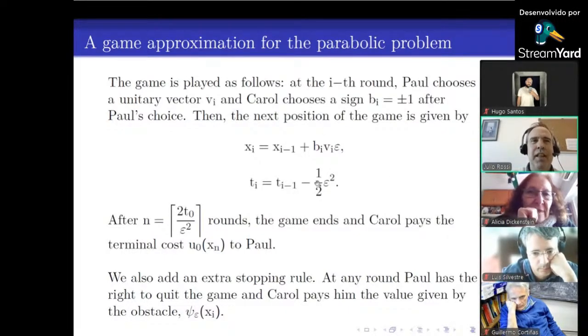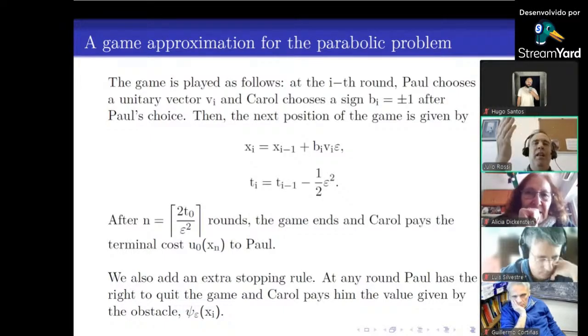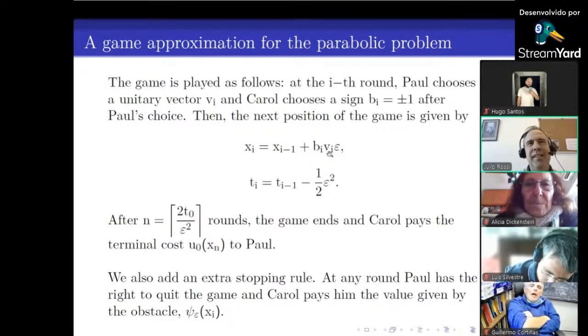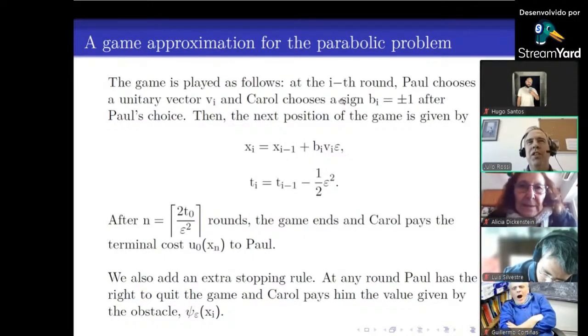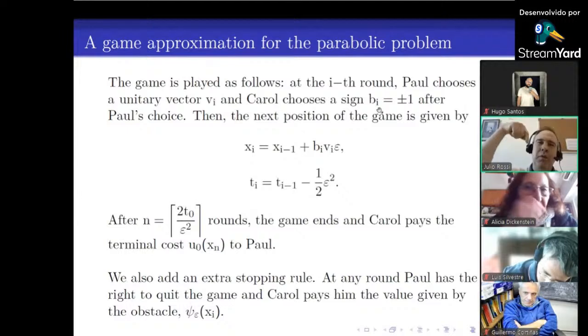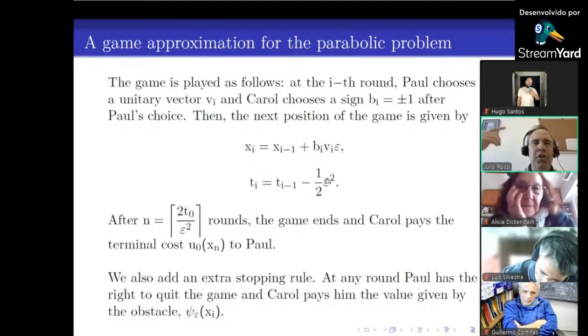And at the same time, you decrease t by epsilon squared. This 1/2 is just a normalization constant, just for the equation to have the time derivative instead of 1/2 the time derivative. So you decrease time by epsilon squared, and you move in space in X according to the two choices of Paul and Carol. The first player, Paul, chooses a vector. The second player, Carol, chooses a sign for the vector. And now you get another position. You continue playing,